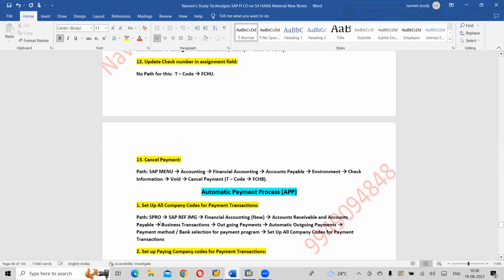Write down the path: SPRO, SAP Reference IMG, Financial Accounting New, Accounts Receivable and Accounts Payable, Business Transactions, Outgoing Payments, Automatic Outgoing Payments,